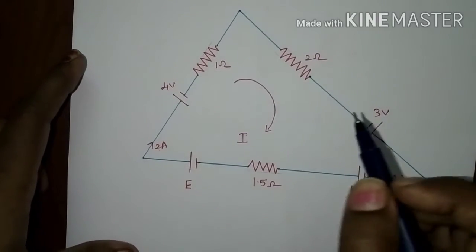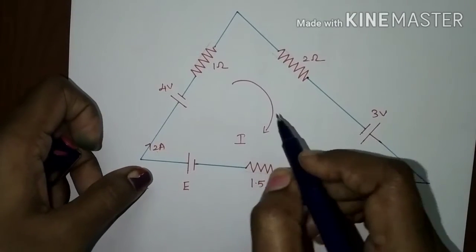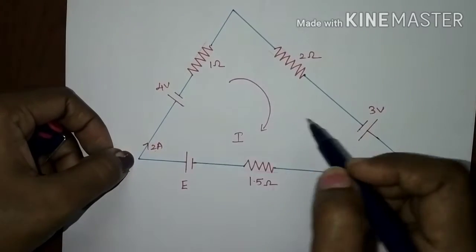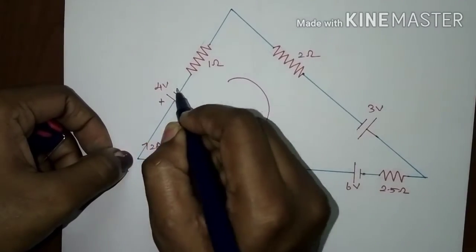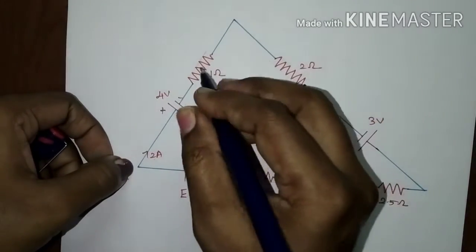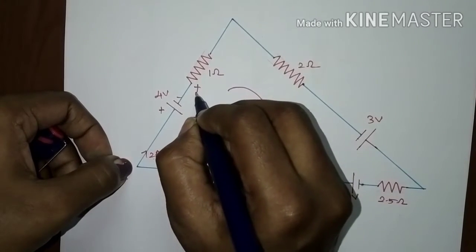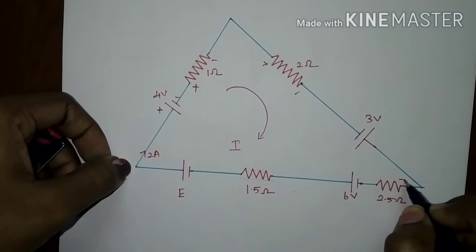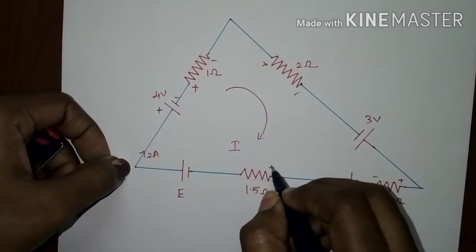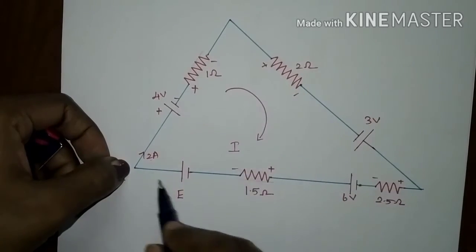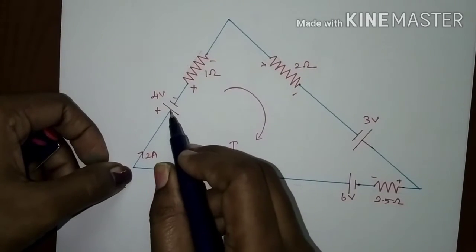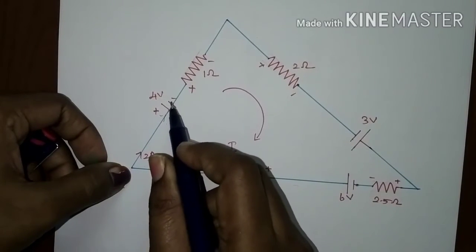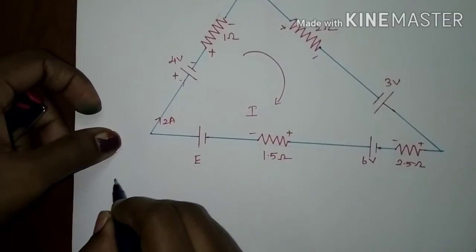It is very easy. The current is flowing in a clockwise direction and we can start from this terminal. All the passive elements, the resistances, will produce a potential fall. So the entering terminal will be positive and the leaving terminal will be negative. Entering positive, leaving negative. The current is entering the positive terminal and leaving the negative terminal, so here it is a potential fall.